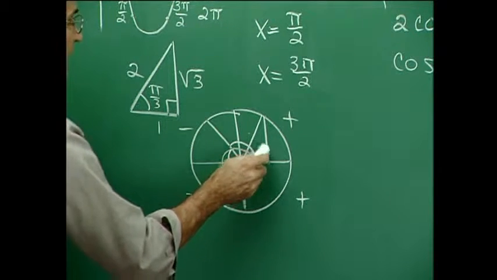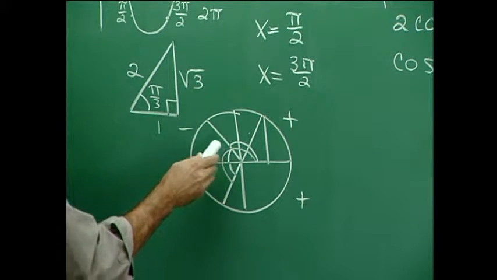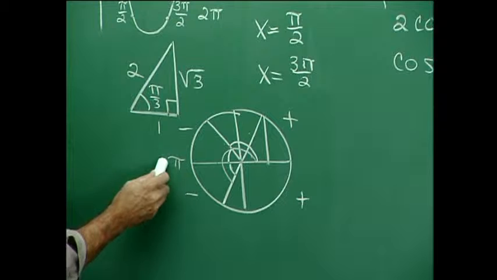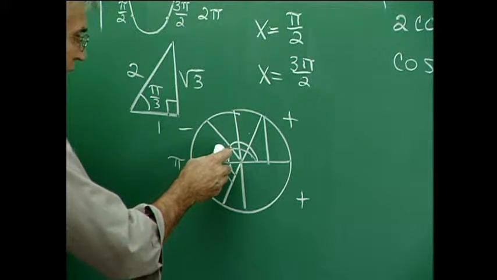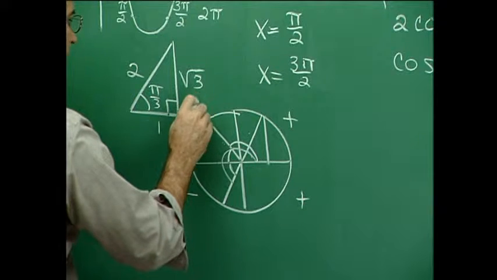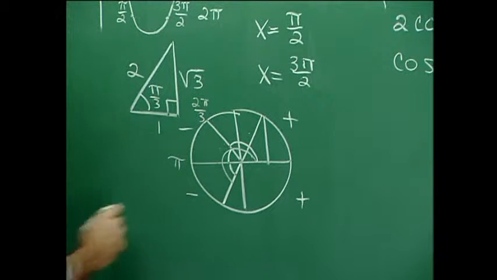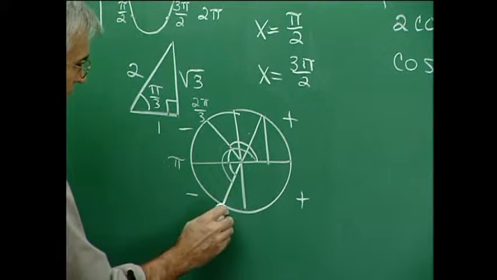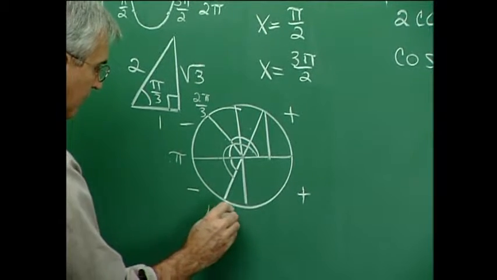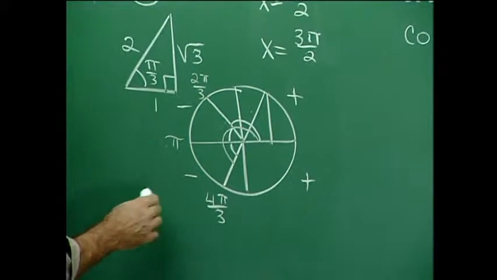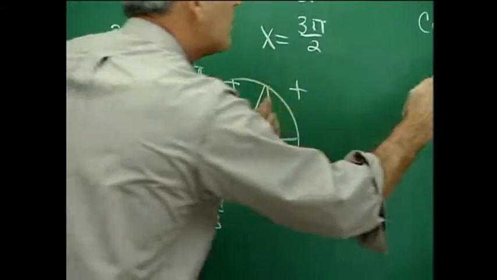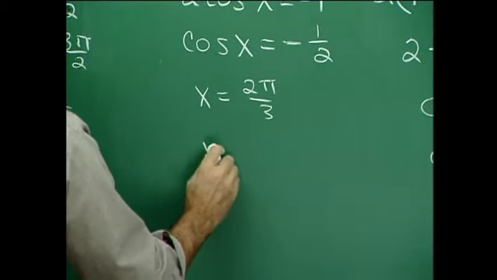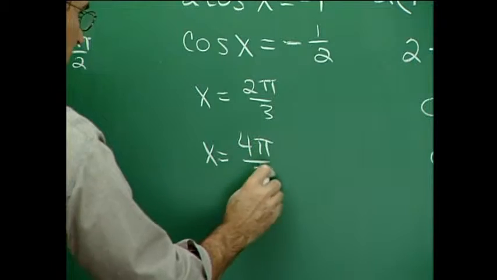Okay, now let's identify this angle. Now this is pi over 3, and this is pi, which is 3 pi over 3. 3 pi over 3 minus 1 pi over 3 is 2 pi over 3. So the angle to this point is 2 pi over 3. And like I say, this is 3 pi over 3, and another pi over 3 for this reference angle gives us 4 pi over 3. So we're talking about angles, x over here, of 2 pi over 3 and 4 pi over 3 that will